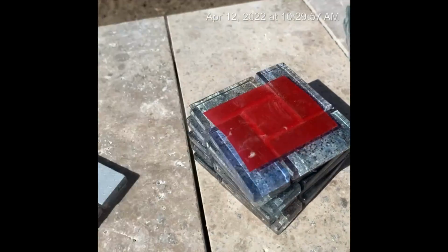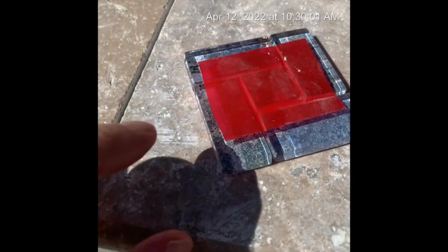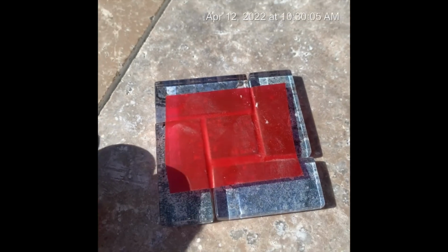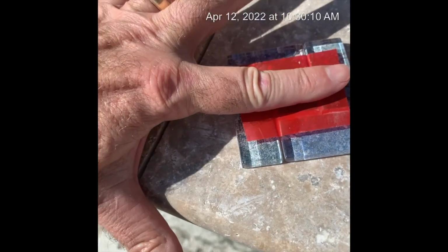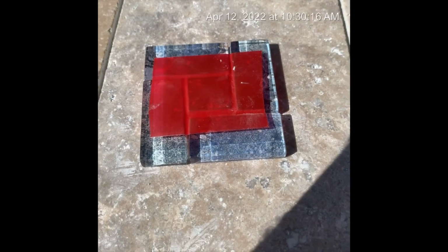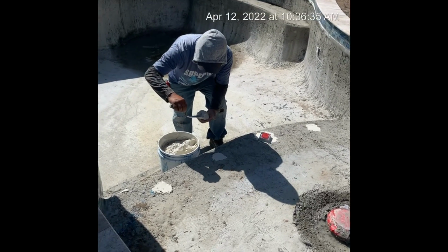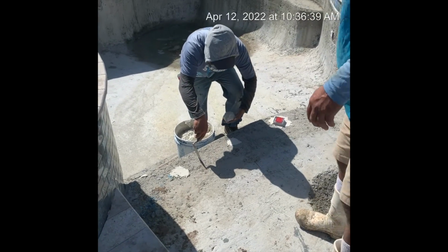Okay, there's the tile, and I'll show you that's the pattern on the back side. The front side has that red tape over it to protect it, and this is the back side. And I'll show you the size of it compared to my hand, my finger right there. So, they'll be shaped as diamonds in the pool. And when they put them on, like the steps here, the entrance to the pool, they raise them up with some